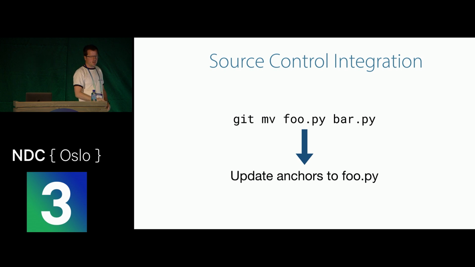It might be nice to be able to integrate with tools like Git, so that when a rename is detected, we can have a hook that goes to Spore and says, hey, Spore, foo has become this, update all of your anchors. That doesn't sound too hard to do, but I know very little about integrating with Git, so maybe this is really complicated. But